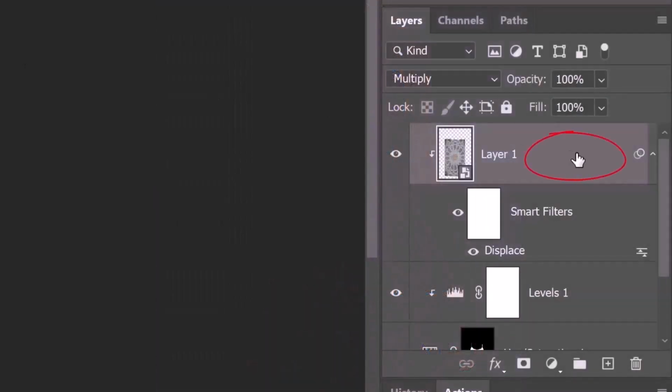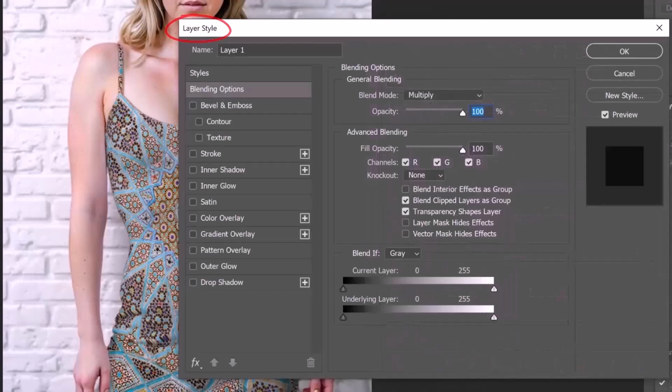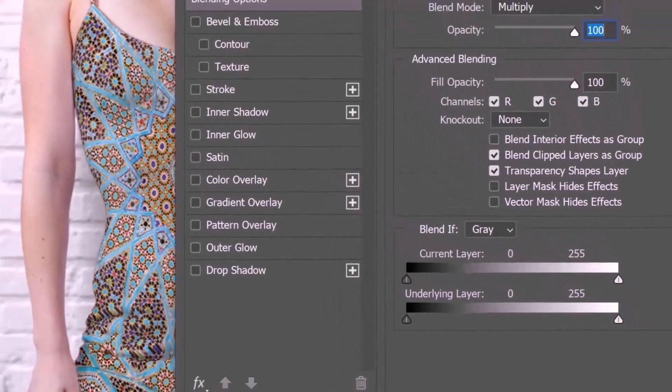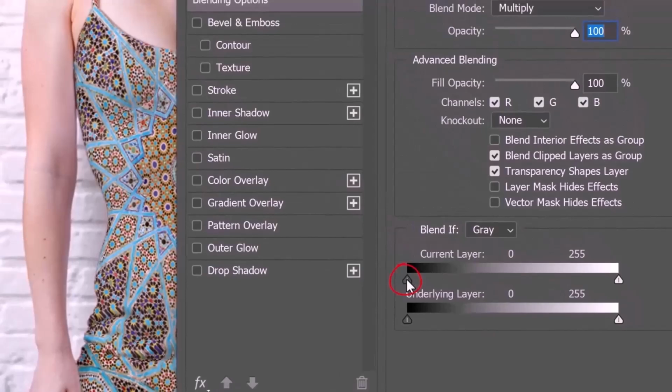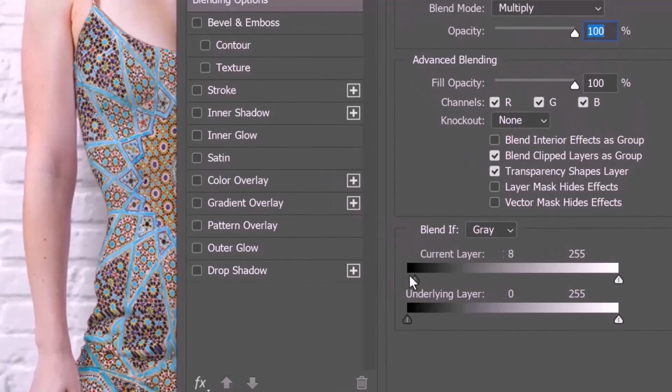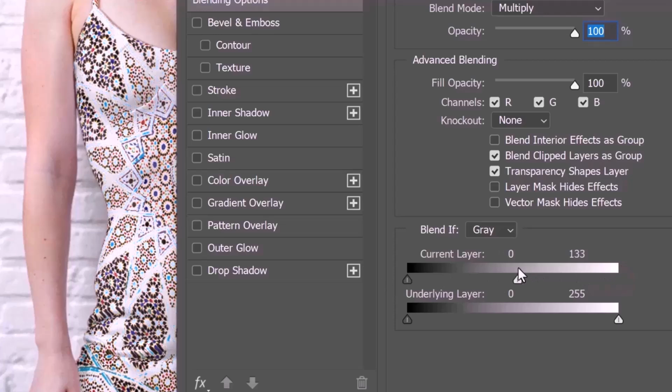Double-click an empty area of the pattern to open the Layer Style window. We'll use Blend If to blend the pattern into the dress. Blend If uses the luminosity of layers to blend them together. The current layer is the active layer, which in our case is the pattern, and the underlying layer represents all the layers below the active layer, which includes the white dress. By dragging the current layer's dark slider to the right, it reveals the dress through the darkest tones of the pattern. Conversely, by dragging the current layer's light slider to the left, it reveals the dress through the lightest tones